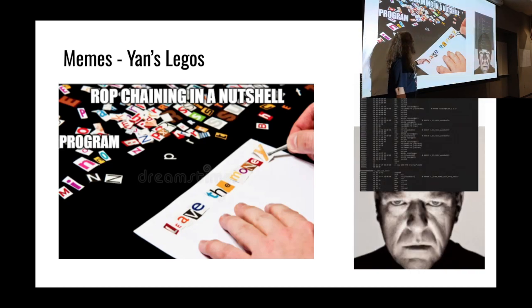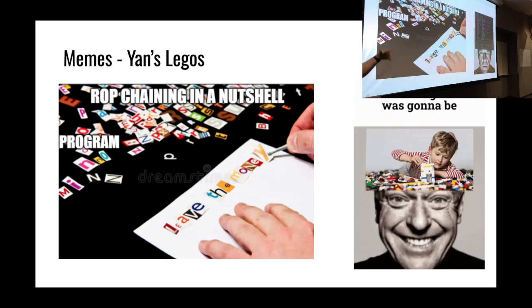Yep. This image on ROP has reappeared. This is like the 4th or 5th year of somebody posting this image, but it's totally valid, right? I think Jan's videos call it getting Lego pieces and putting it together, which is why we have this one over here. Everyone's thinking, all right, great, we're going to play with these little Lego pieces, and it turns out ROP isn't as easy. I don't know why they're looking at objdump. That sounds like pain, but ROP really is trying to create a message or a program out of all of these tiny Lego pieces or tiny letters to make something that is somewhat sane and understandable, right? And so both of those are valid analogies.